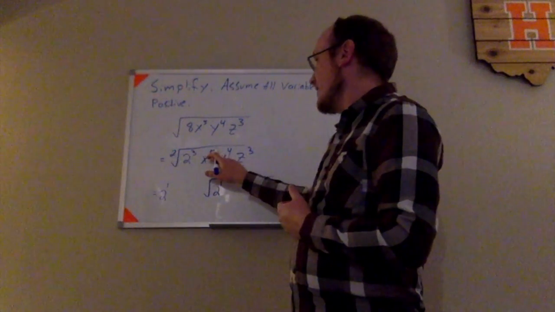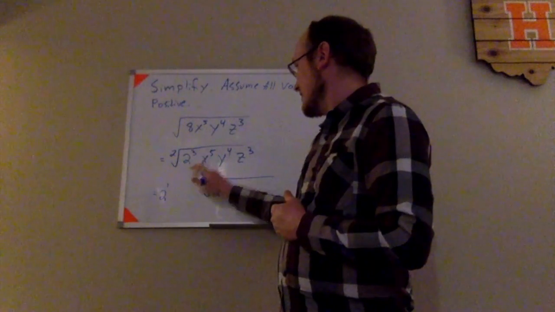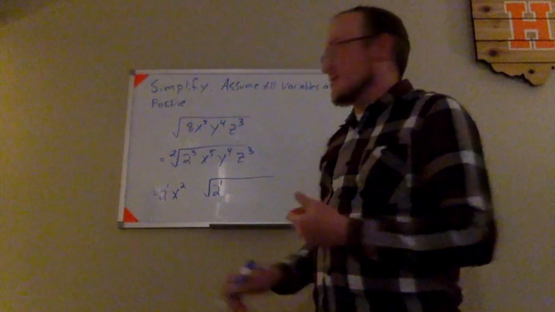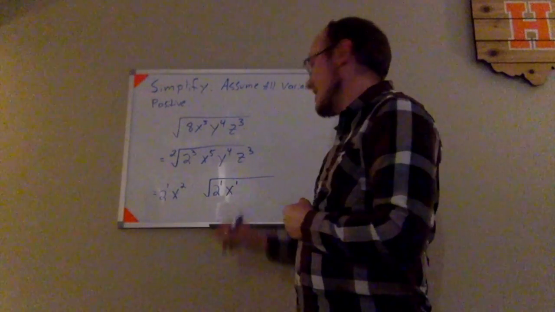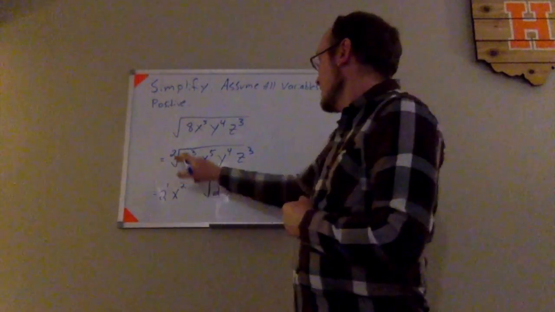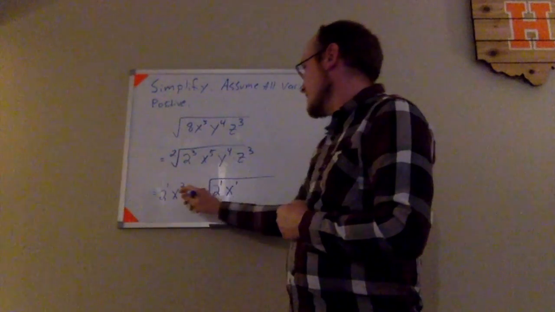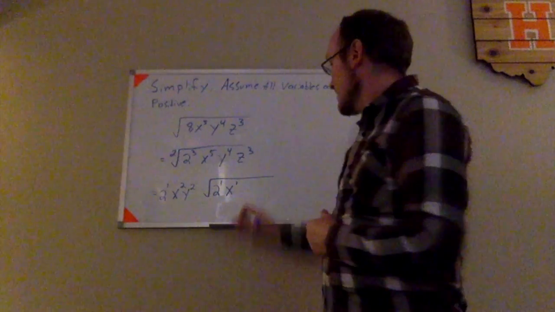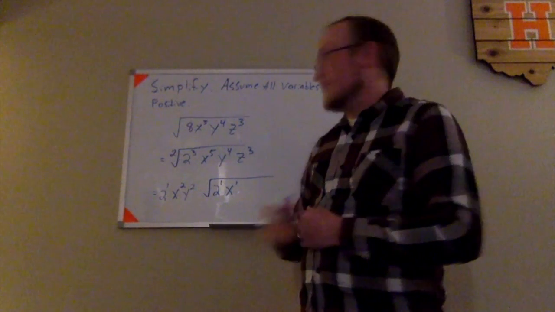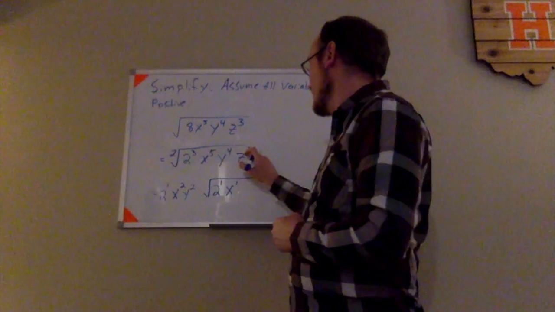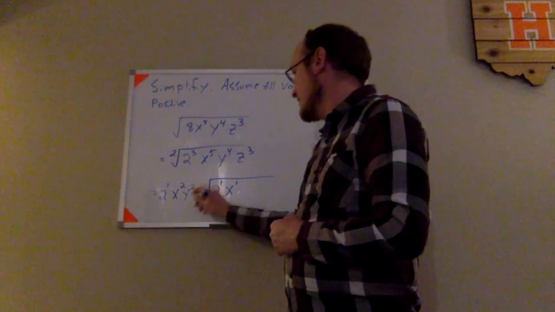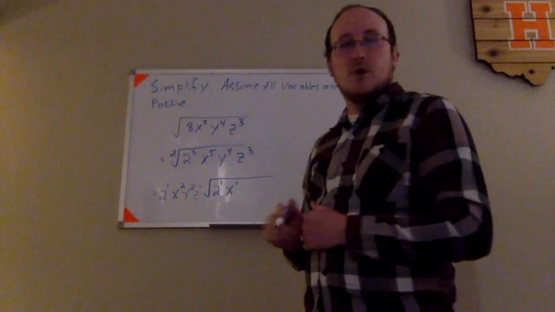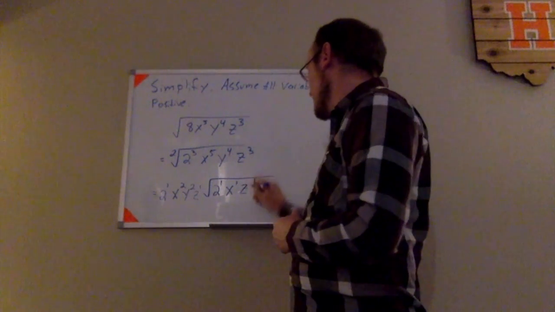2 goes into this 5 twice, so I have an x to the second power on the outside. There is a remainder of 1, so I have an x to the first power on the inside. 2 goes into this 4 twice, so I have a y to the second power on the outside. There was no remainder, so I have no y's left on the inside. And finally, 2 goes into the 3 on the z once, so I have a z to the first power